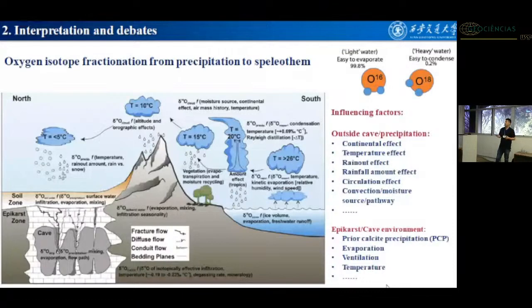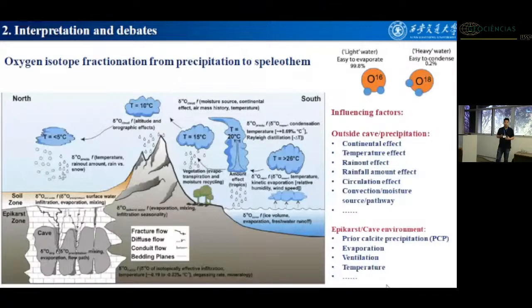And also the temperature effect. This is especially influenced by high latitude, because in the monsoon region, the rainfall occurs in the summer monsoon season,